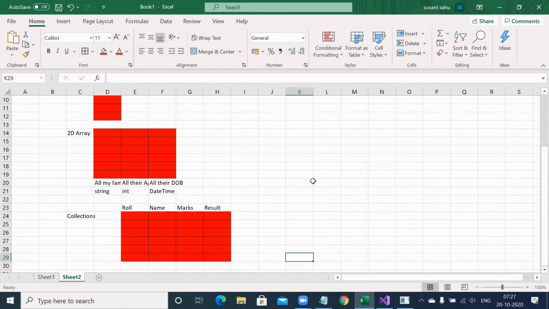There we'll see all the demerits of this two-dimensional array, and at that time we'll focus on the advantages of collections. So you can say that collection is like an array actually, but some of the drawbacks that array has will be fixed by collections. Okay, so hope that answers your question. Anybody else?